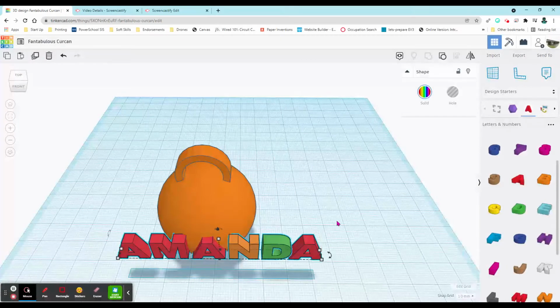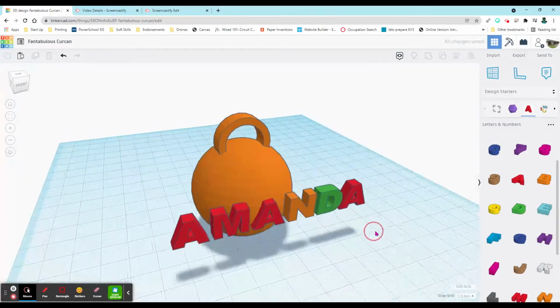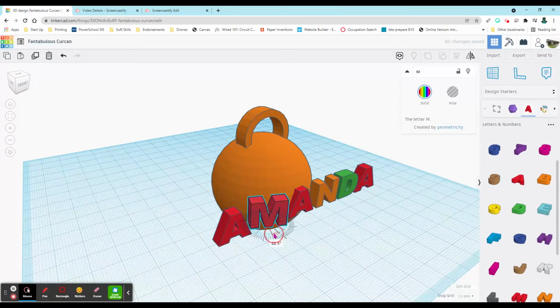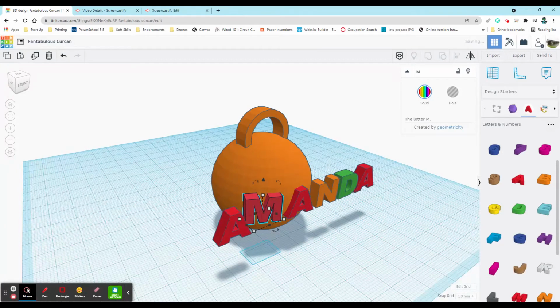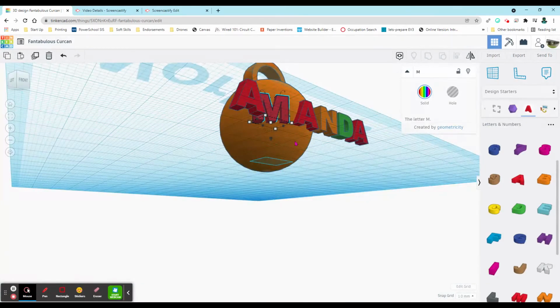I'm good. And then I need to ungroup it. So now I'm going to ungroup it so I can treat each letter as its own individual. Then you work your way around, you go to the next letter, and you want to use this arrow right here, and you want to rotate it. And then you're going to use your arrow keys to move your letter in. And you want the top of your letter and the bottom of your letter